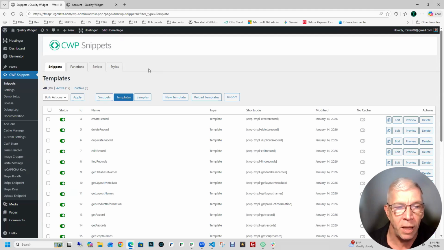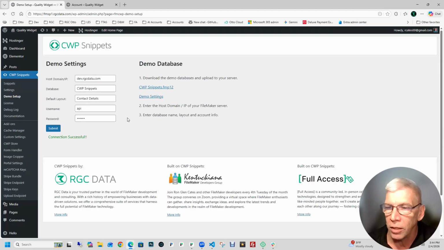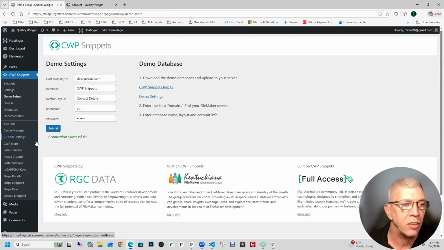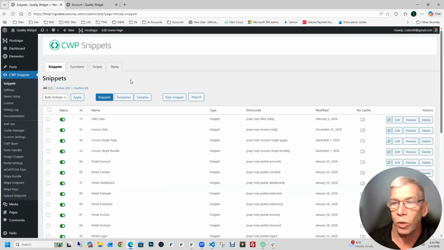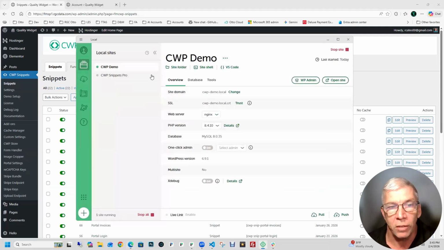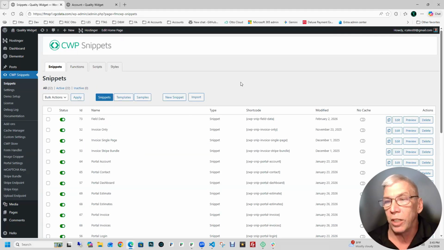One of the reasons why I built this with all of these templates and with a demo setup so that you can have a sandbox to play in, and all of that kind of stuff, is because I really want this to be as much a tool for learning as it is a production tool, a tool that somebody can download and install on their own WordPress website, or they can spin up like we've done in our demos, spin up one on your local computer, using Local WordPress, and just have a playground where you can go in and you can experiment